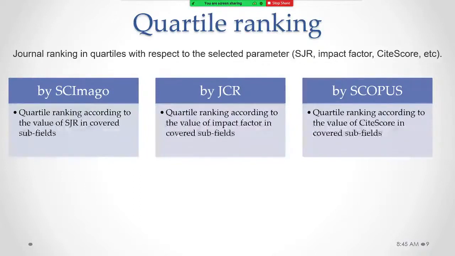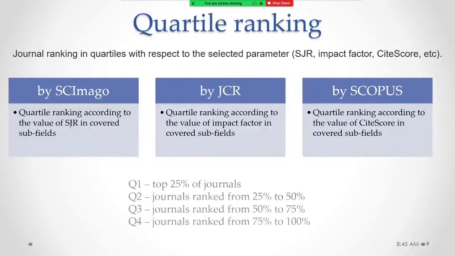So what I want to say right here is that different scientific journals cover different subfields. For example, some journal dealing with physics covers the area of spectroscopy, and some other journal dealing with physics can, for example, cover the area of atomic physics. So to make a classification of those journals covering different subfields, we frequently use